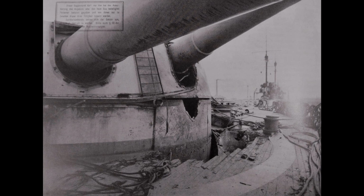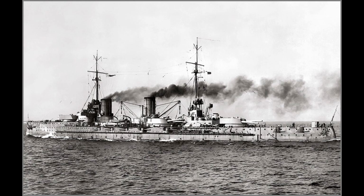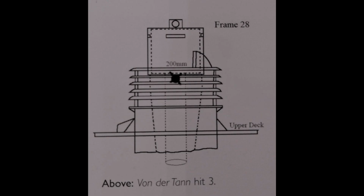With a couple of turrets still able to fire, Von der Tann blazed away at HMS Barham, and then at New Zealand, but with limited effectiveness due to only usually being able to bring one working turret to bear, until this also jammed, leaving her without an operational main armament. Nevertheless, the captain elected to remain in line as a fire magnet to draw enemy shells away from other operational vessels, and he was able to evade much more effectively now that he didn't have to worry about disrupting a firing solution. As darkness began to fall, one of the turrets came back online, only for HMS Revenge to land